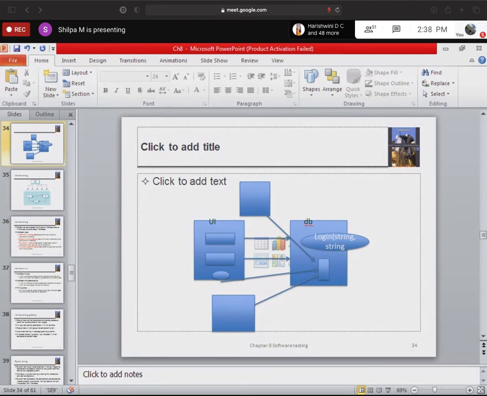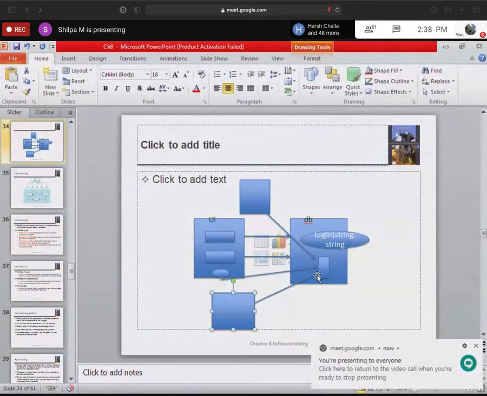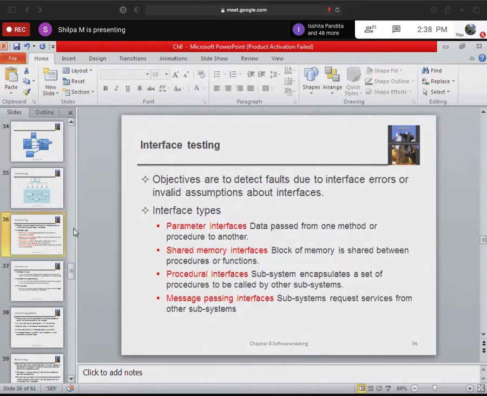Suppose this particular user is changing his password and username, no way he should be able to edit someone else's data in the same file, right? All this testing of the shared data is done within interface testing.